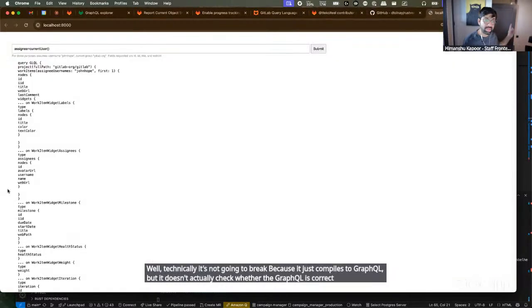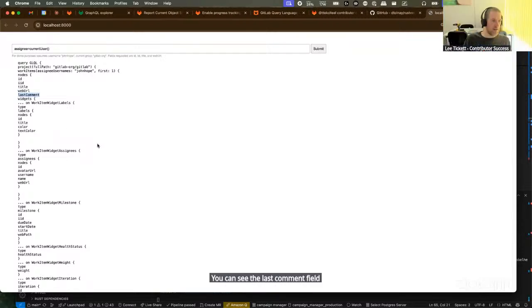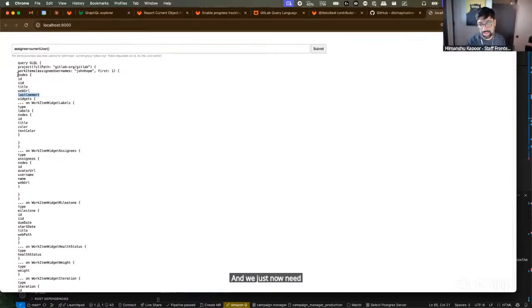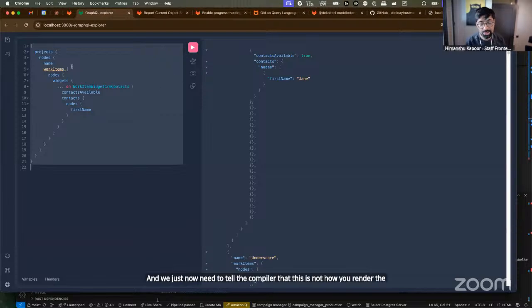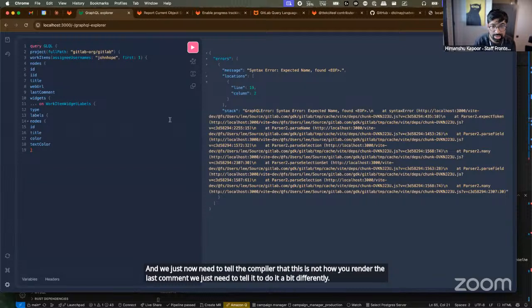It will break at a later step in the monolith. You can see the last comment field being included after. Yeah. And we just now need to tell the compiler that this is not how you render the last comment. We just need to tell it to do it a bit differently. Yeah. Just going to say, okay, so